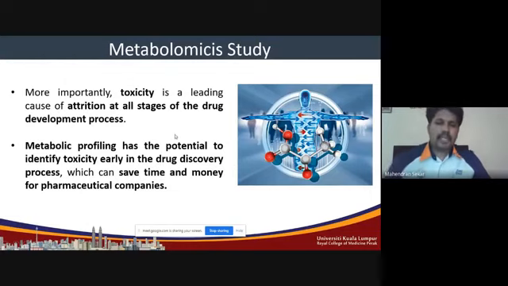Many pharmaceutical companies have now started following metabolomic studies by using LC-MS. Instead of spending a lot of money on in vitro studies using chemicals and cell lines, as well as in vivo studies using animal models, we can prefer to go for in silico studies and metabolomic studies to predict the preclinical data, especially the pharmacokinetics and pharmacodynamics related data. So these two are the recent studies that are undergoing for natural products.